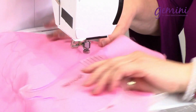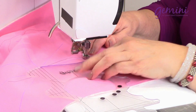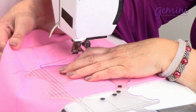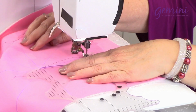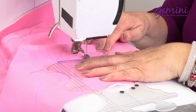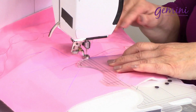So just swivel the fabric around, flip your pattern guide over, pop your foot down again, and away you go. So lining up, making sure also that the piece at the back is to the centre and about 1/4 of an inch away from that centre dot. So again, just moving the fabric. Don't worry about your stitch length, just enjoy the process. So stopping right in the middle as best you can,